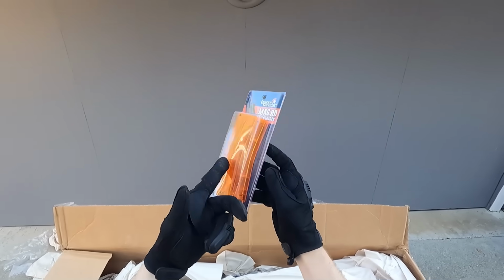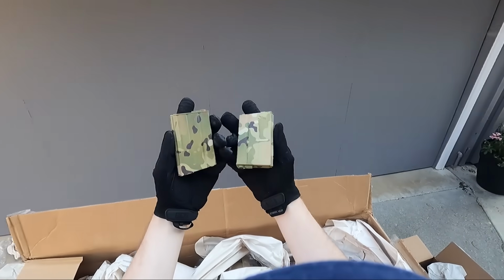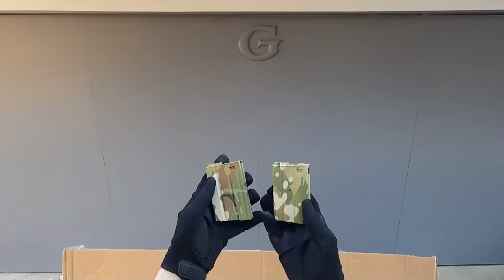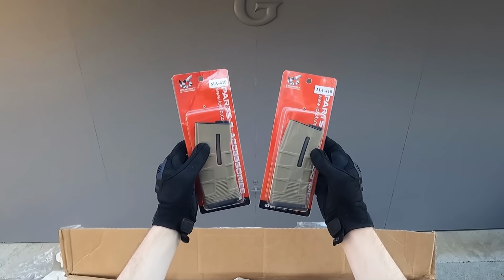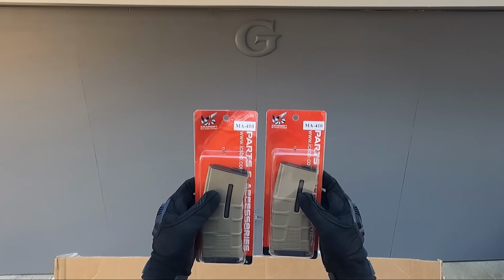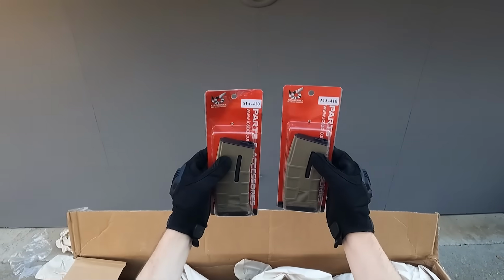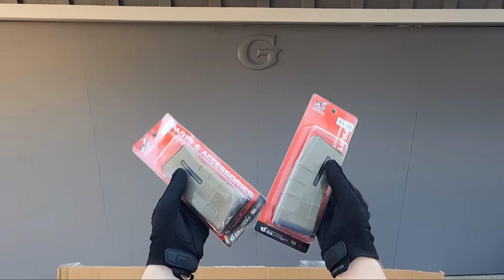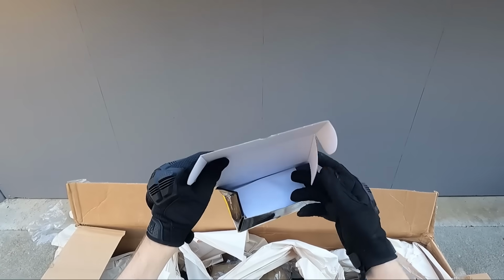Another Lancer Tactical orange mag loader. Looks like a couple more SR25 style M4 high cap magazines. Oop, there we go, so two more of those. We also have two more of those tan M4 mags that we actually got with the Hero Arms gun, so that's pretty cool. We got two more matching magazines. Obviously, whoever wins that gun will get these as well, and these are also mid caps too, so that's really nice. Looks like we have a red dot sight that